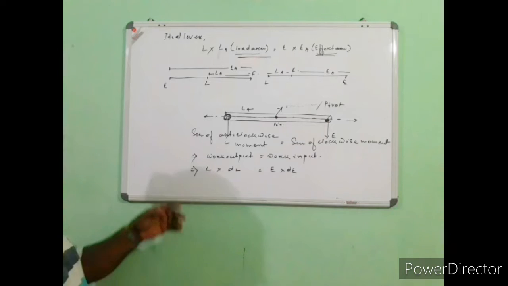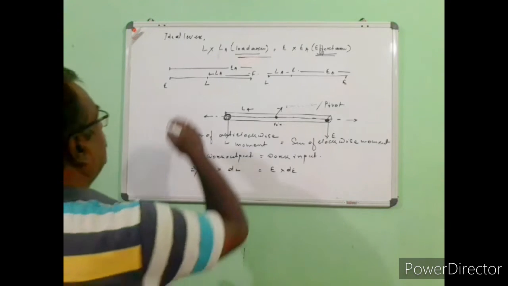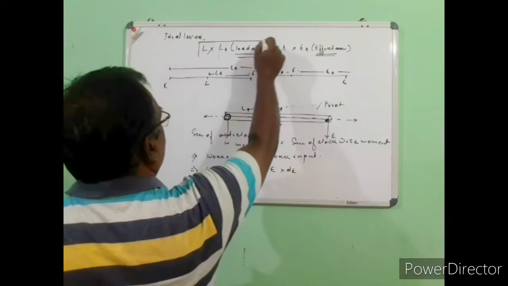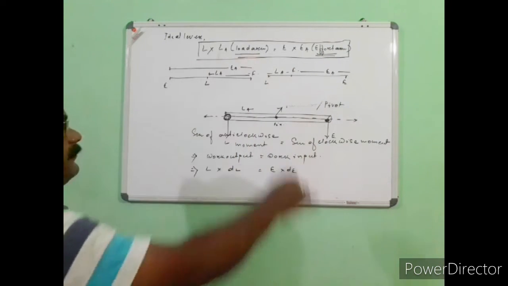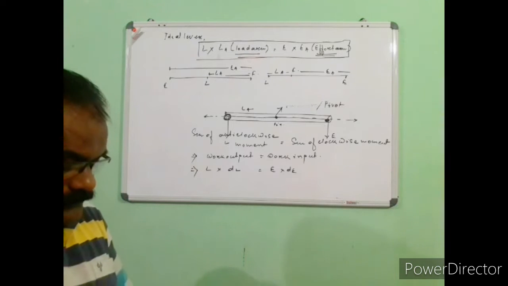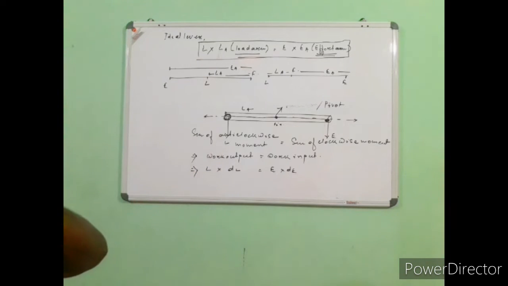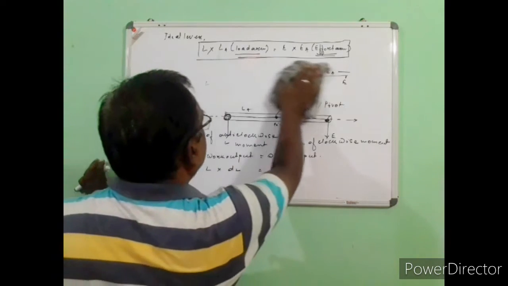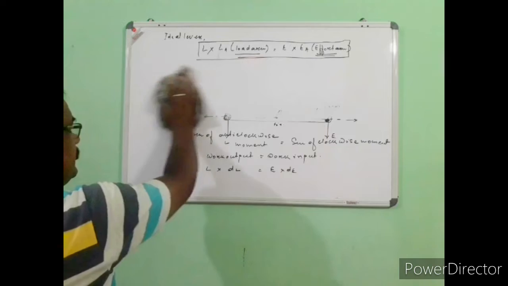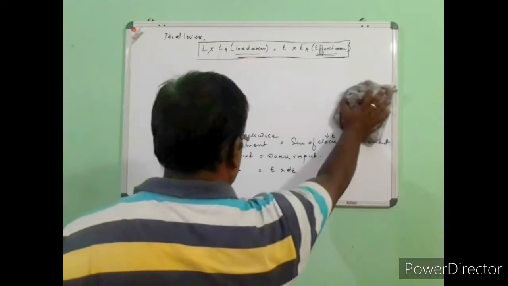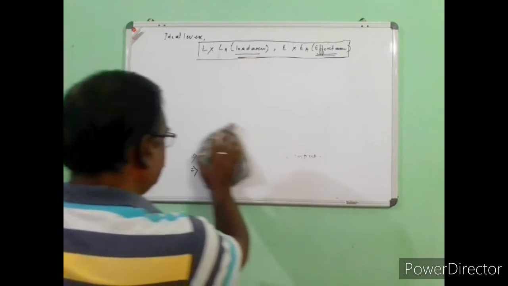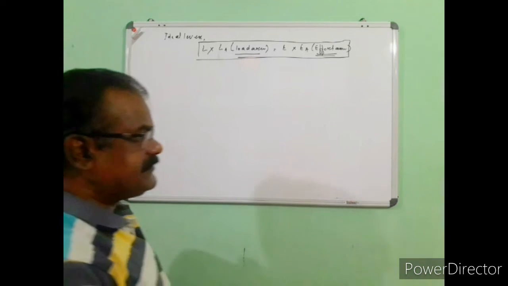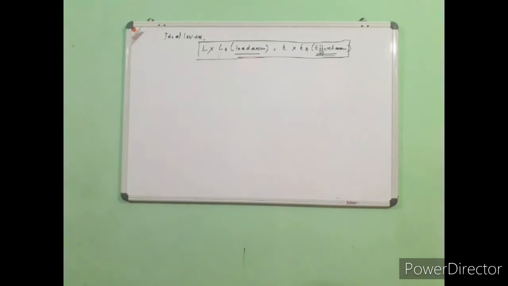Now by the principle of the lever, we can say that the product of load into load arm should be equal to the product of effort and effort arm. So this is your basic principle in case of levers. Now we will discuss the different types of levers. This is the principle of lever. If it is an ideal lever, then it has to follow the basic principle of a machine, that is, work output should be equal to work input.